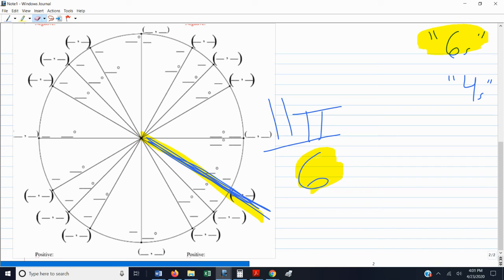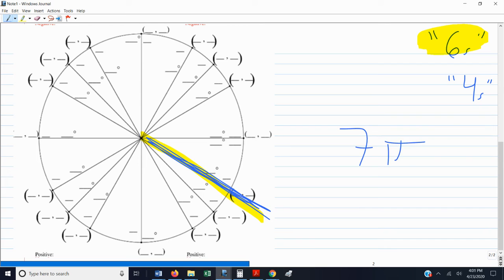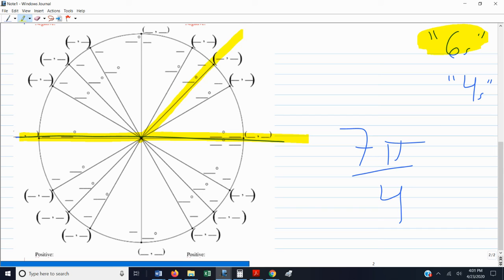All right, the next one let's look at is 7 pi over 4. Okay, so 7 pi over 4 we know is going to be a middle branch, and maybe you know where this is already just because of some of the patterns that we looked at, but I would call 7 pi over 4 one of the angles that we get to when we're going around by 4s. I know that's not a really mathematical sounding phrase, but you remember what I mean by that, that if you go from 0 to pi, there's 4 pizza slices there. So you go around the circle by 4s, and I will write this one down